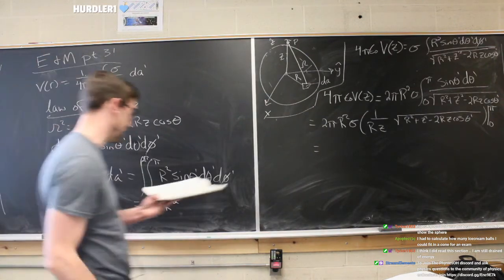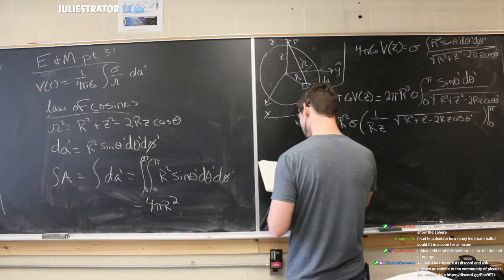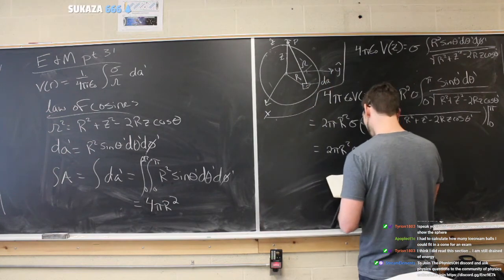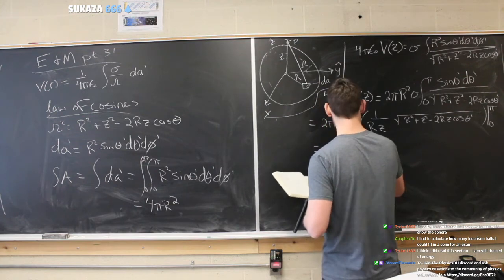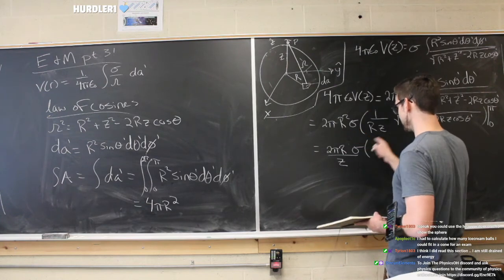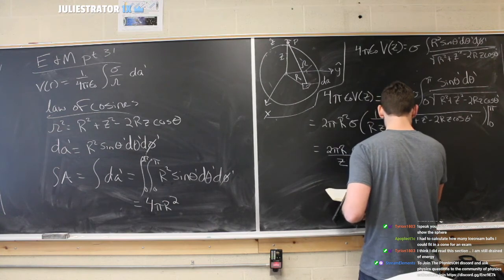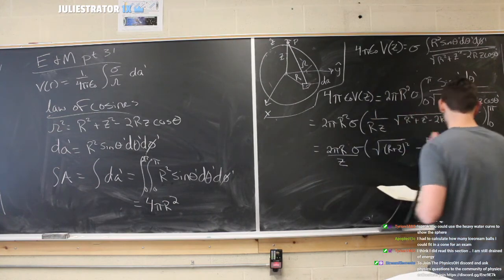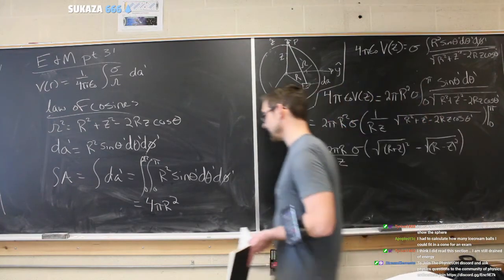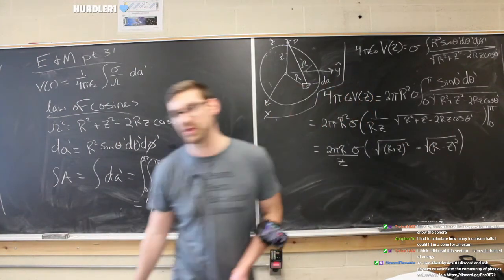But what it's going to boil down to, and again, I have this in my notes so you can just follow or take a look, is 2 terms. 2 pi r squared sigma times the square root. Oh, wait, this is all over. I'm sorry, this is not r squared. It's just r now over z because I pulled this factor out. So we get rid of one of the r's and then the z's in the denominator. And we have the square root of r plus z squared minus the square root of r minus z quantity squared. Now, this is pretty nice because we have some square roots of some terms that are squared, so it's going to boil down to something really nice.